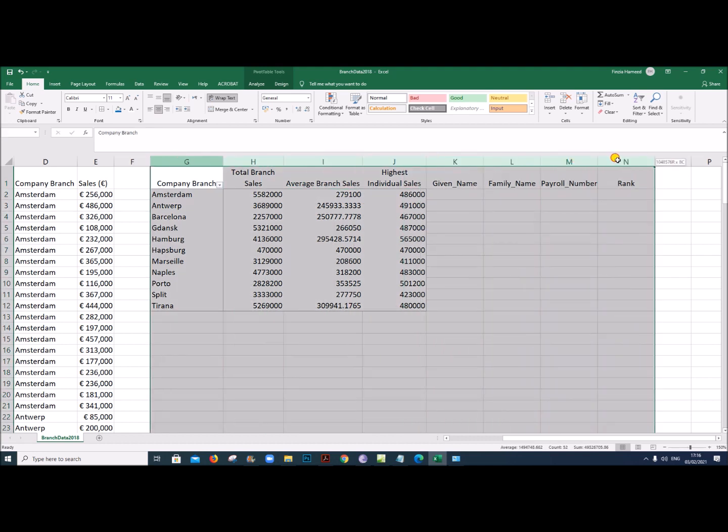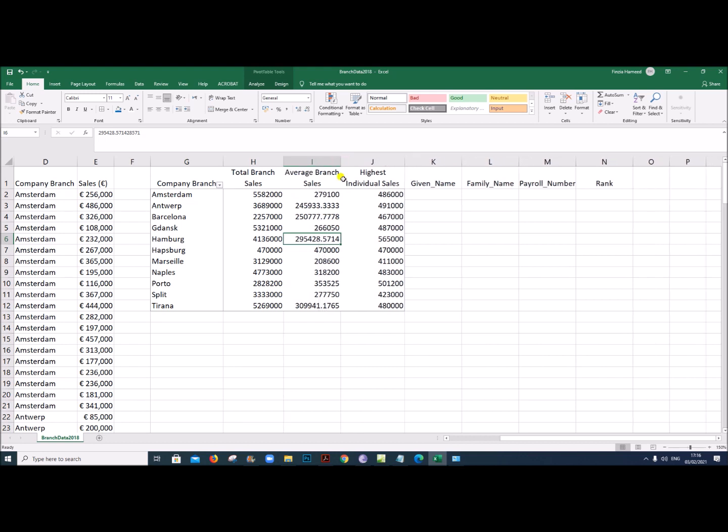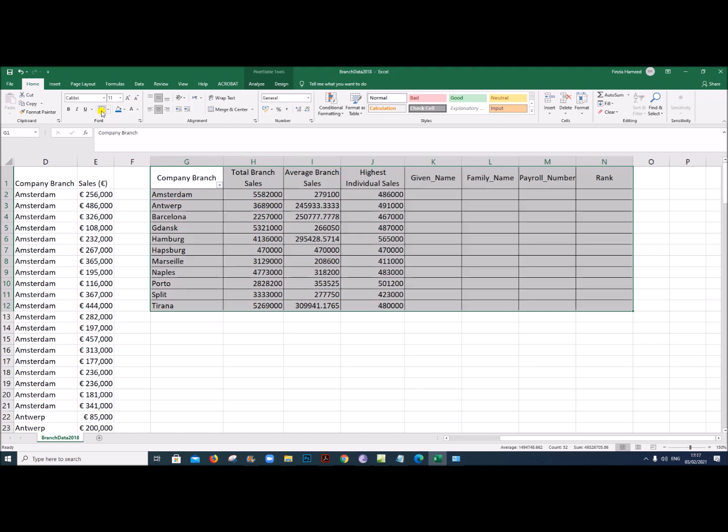Make sure once more it is 100 pixels. Give the borders.